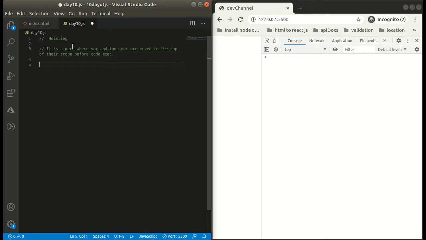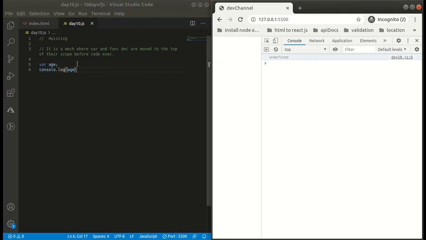Okay, so guys, what happens here is the variable and function declarations are moved to the top of their scope before code execution. Let's understand hoisting with the help of code.